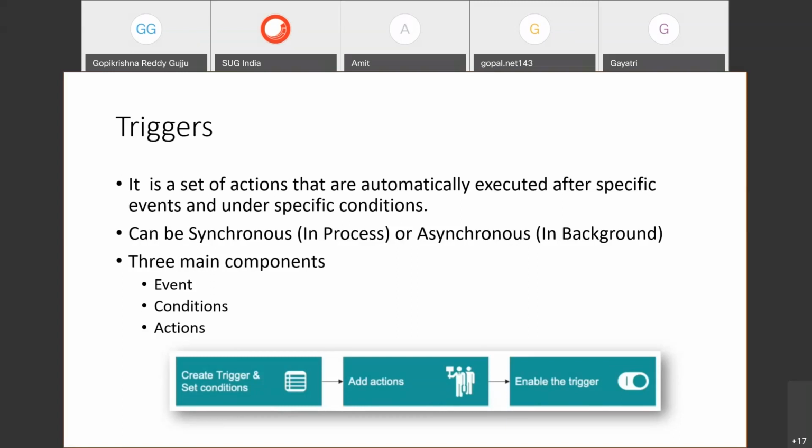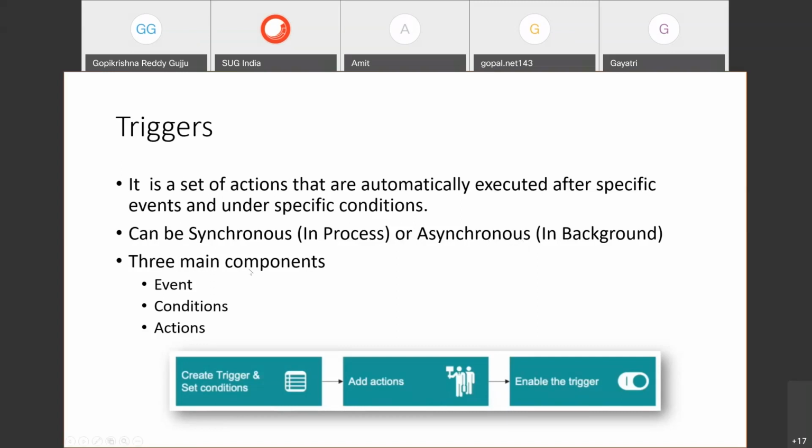Actions can be different things, like action scripts. It can be scripts, it can be API calls, it can be hitting Azure Event Hub, a couple of options we have. The main thing here is it can be synchronous or it can be asynchronous. If you are processing something, we can let it process in the background, or if we want to show that immediately, then we have synchronous.